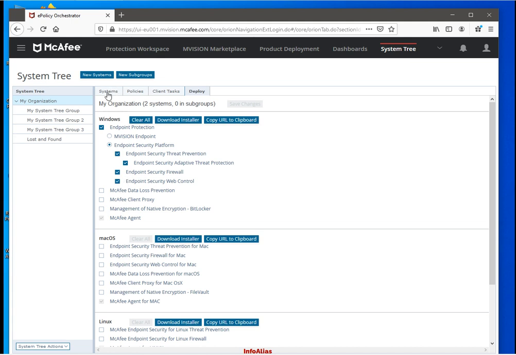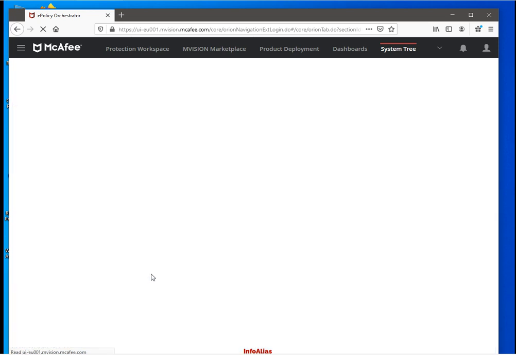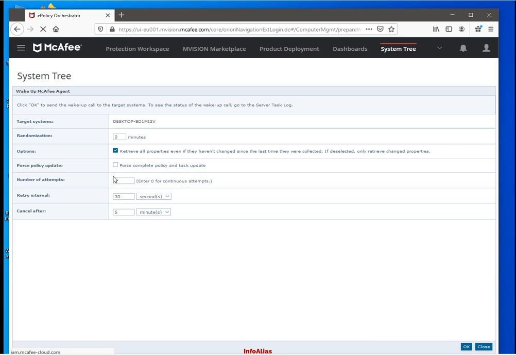So we will go to the System tab, and we will see the machines where the product is going to be deployed. I will select the machine and click on Wake Up Agents over here. Once the wake-up agent is sent to the client machine, it will start to deploy the product on the client machine.